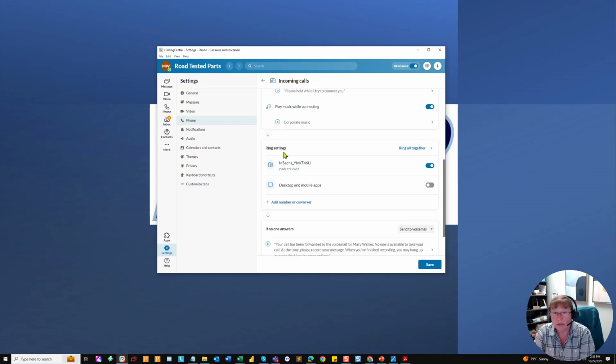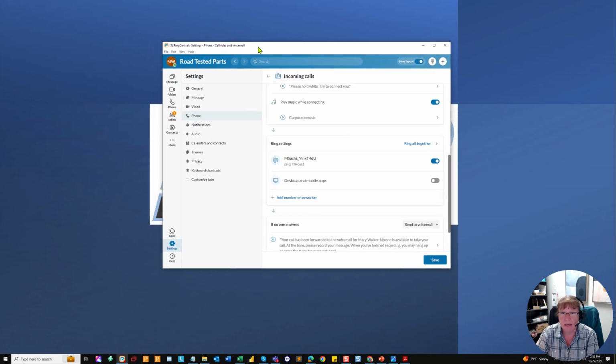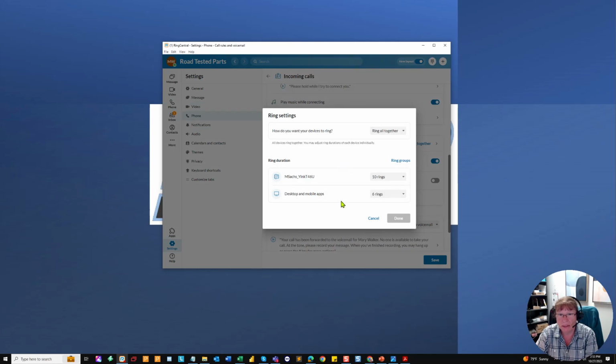Now, this next section is very important. If you're in a call queue, it's very handy to keep your RingCentral app open on your desktop. And it would behoove you to toggle off your desktop and mobile apps as part of your ring settings. You want it to ring your desktop app, which should have your name and a little bit about the phone. It's okay that it says ring altogether as long as you've toggled that off. If we open it up,